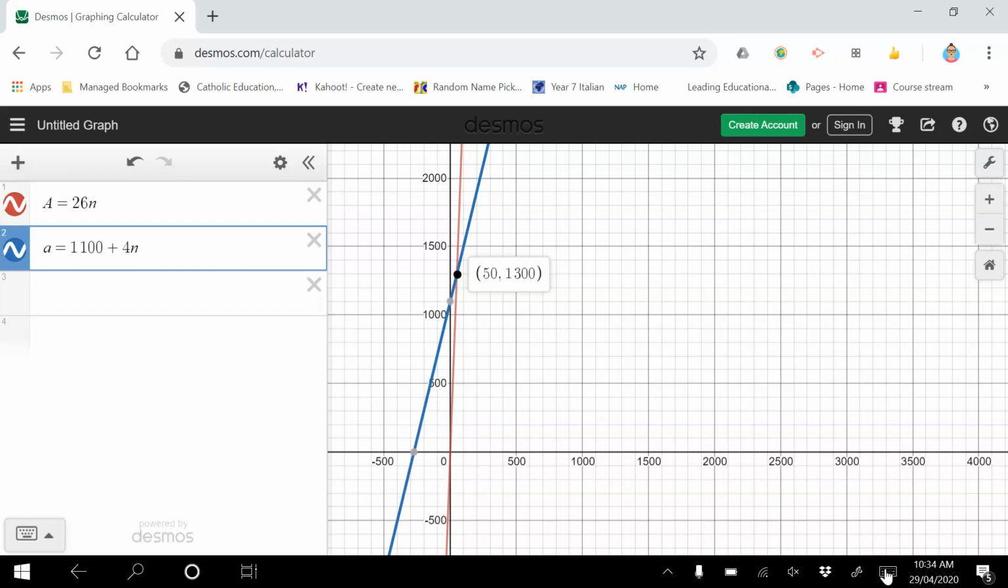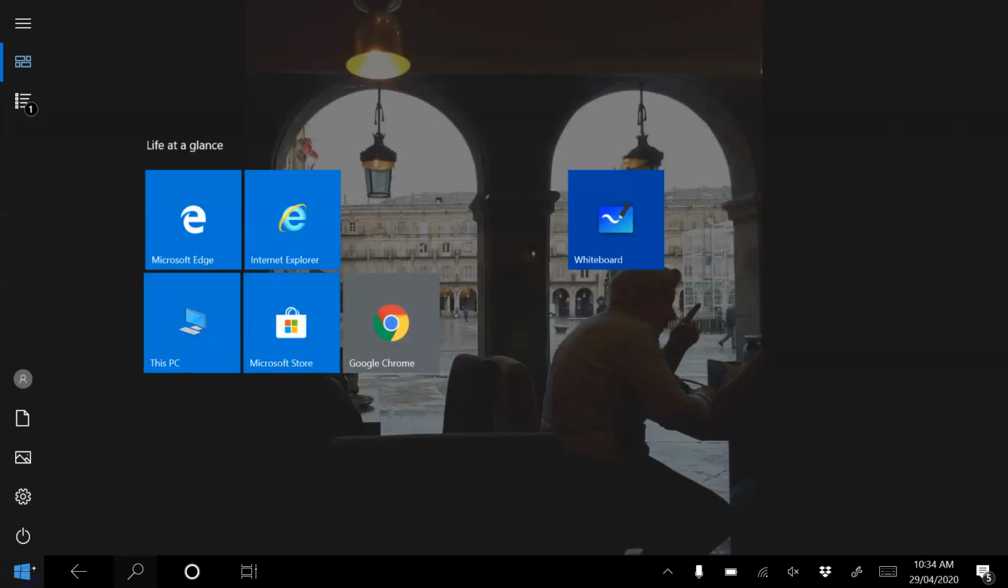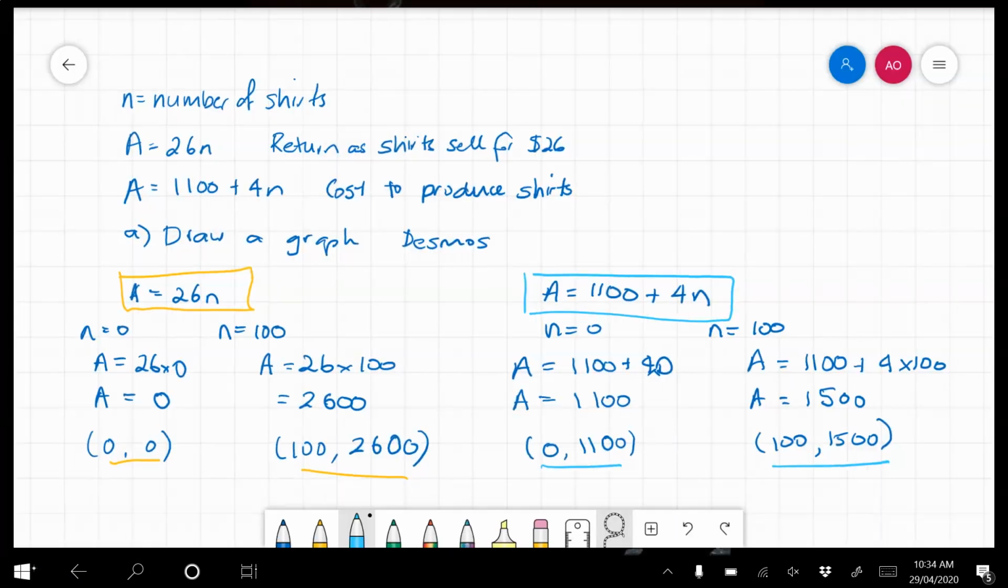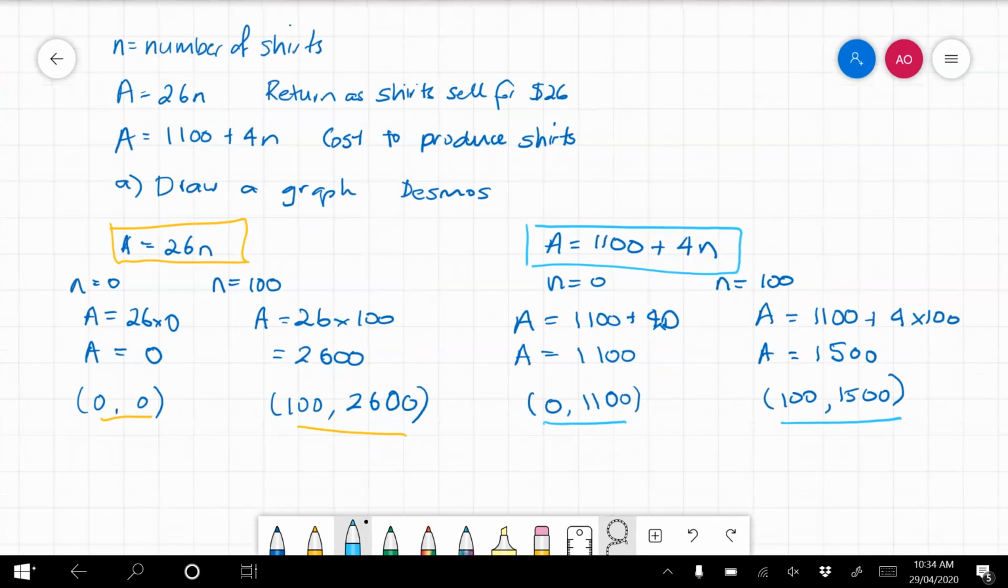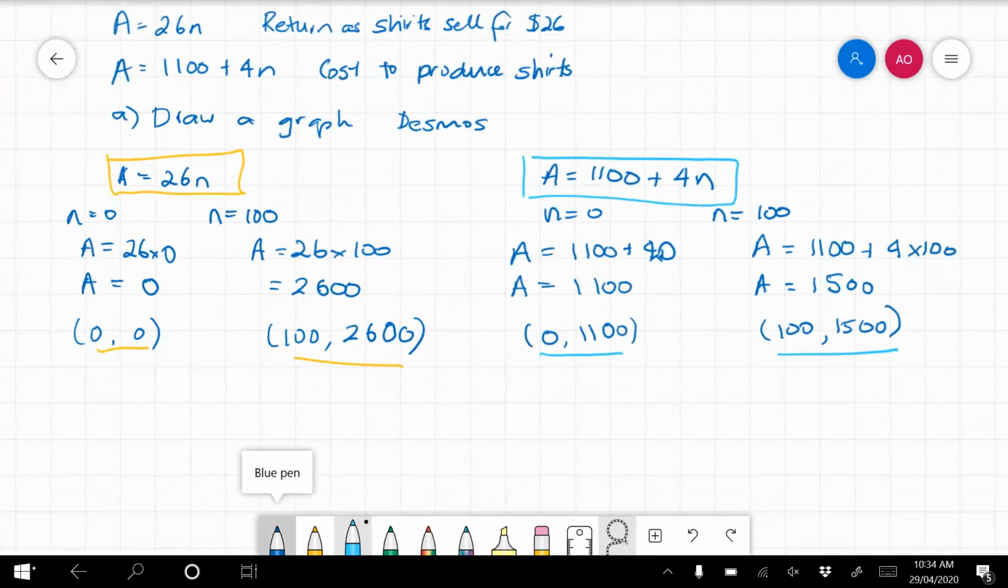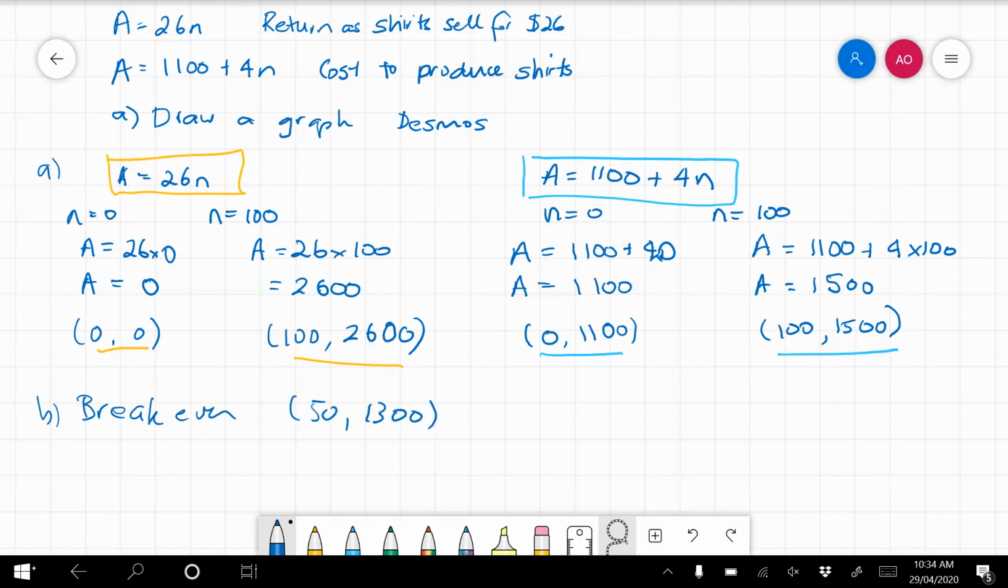So I break even. So if I come back to my whiteboard, the answer to that question, having graphed it, is that I break even. This is B, this is A, that was information for A. I break even at 1,300. So I start to break even at 50 shirts,